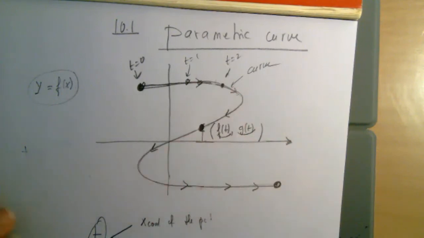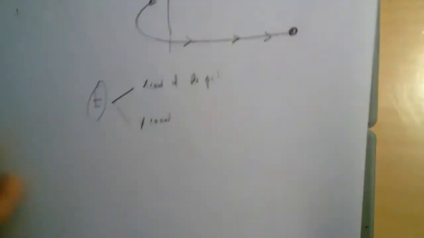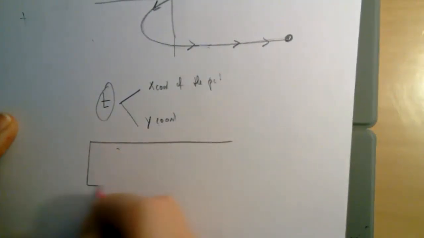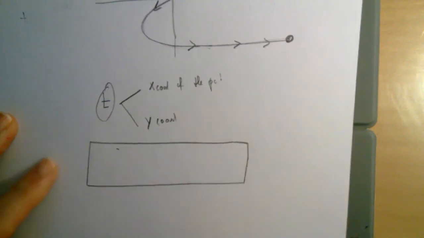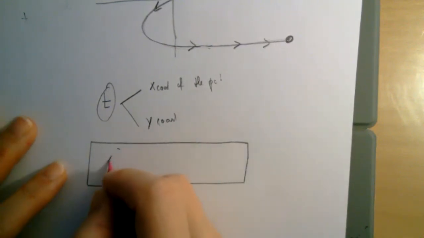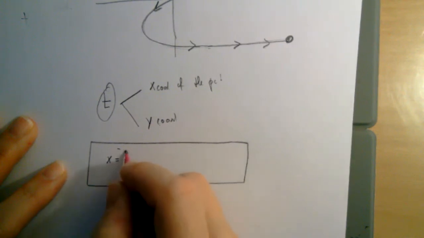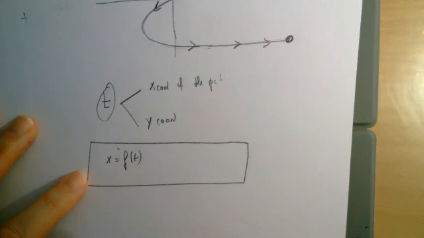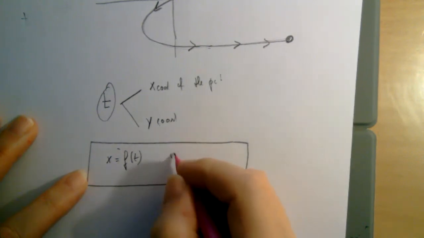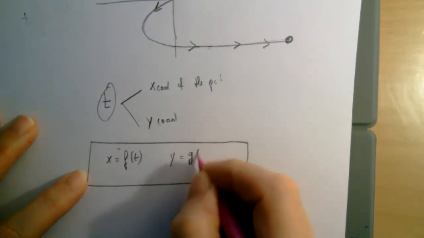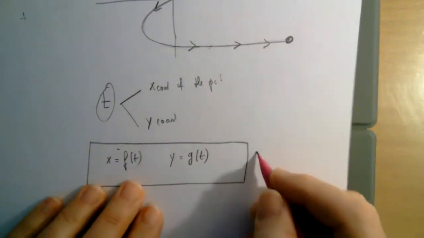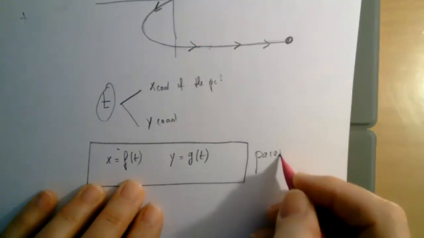So a parametric curve involves a parameter t, and it involves two equations. One tells you where the x coordinate is at every moment in time, and another one tells you where the y coordinate is. Those two equations are called